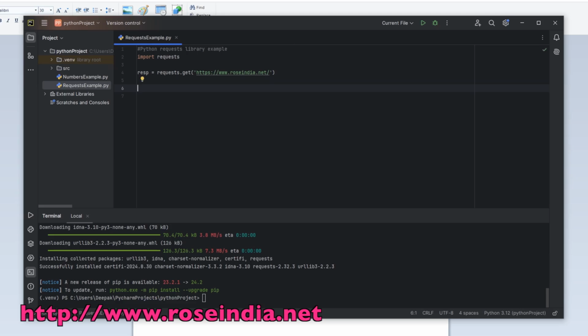So we are sending a GET request to our domain, https://rosindia.net, and now